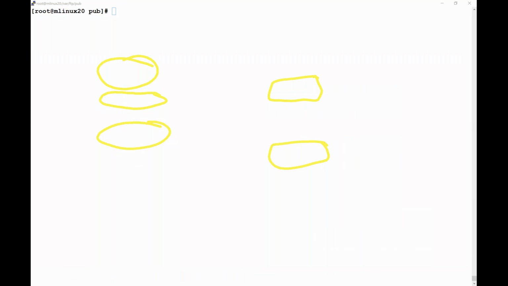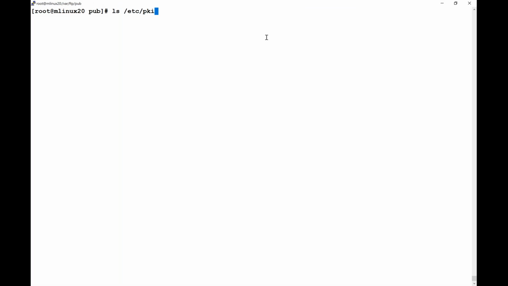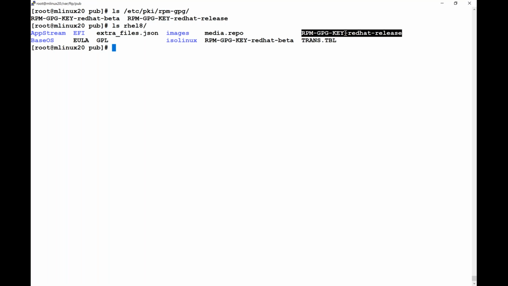Let us say that we have gone to etc pki rpm-gpg. So you can see there is a key available here. Or if you look in your Red Hat DVD, here also you can find a key with the same name. So either you can give the local location to confirm the packages, or you can give the DVD location, where the same key is available. So every time it is installing a package, this key will be checked